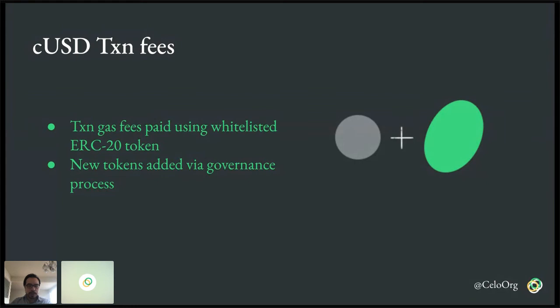Right now CUSD is supported for currency payment, but new currencies can be added in the future through our governance process. We also had a talk earlier in this Tech Talk series about governance, so I certainly recommend that talk to folks who want a better understanding of it.